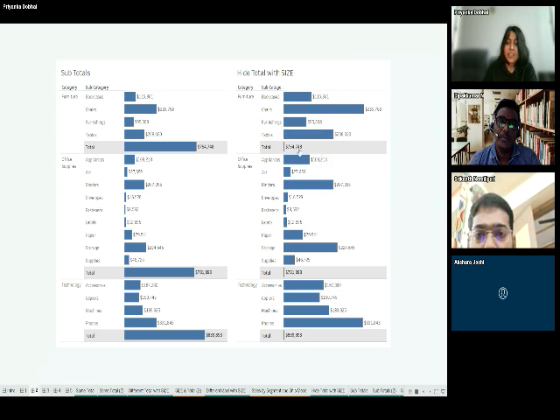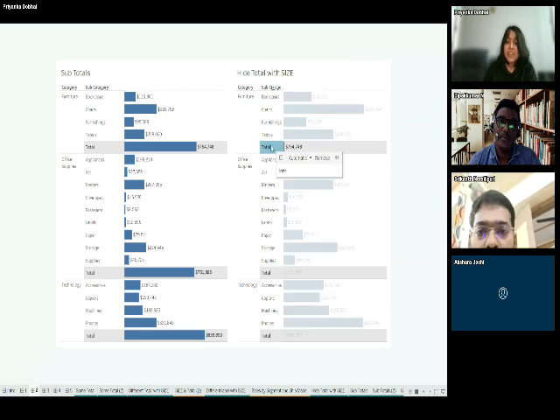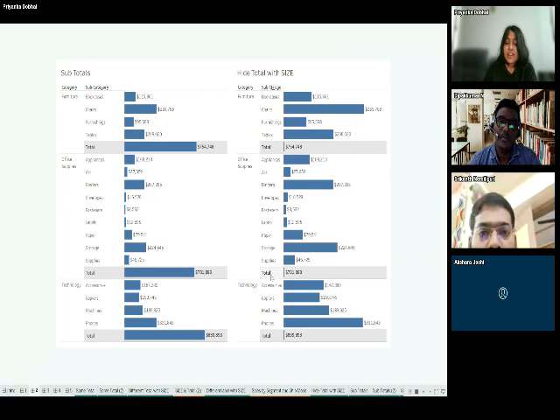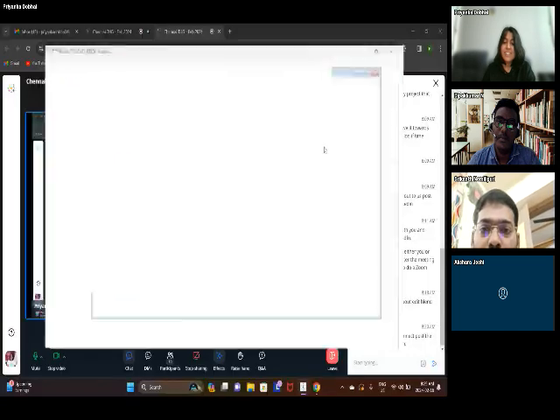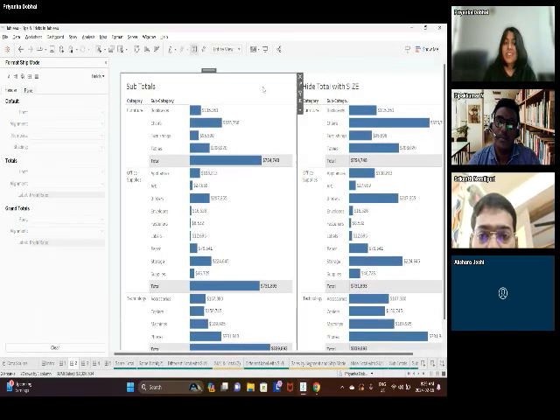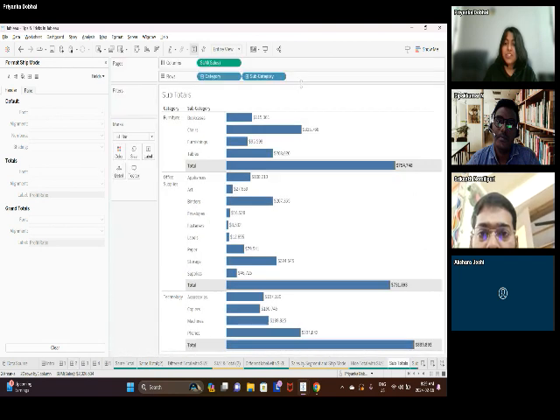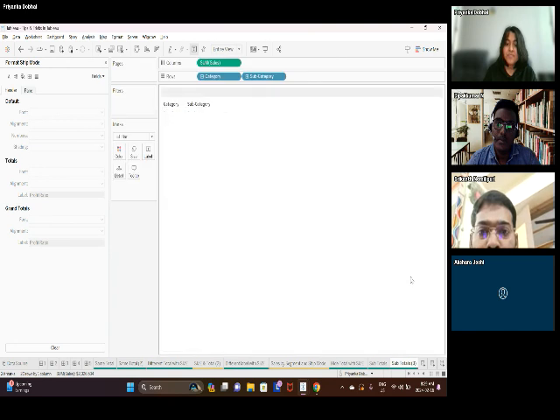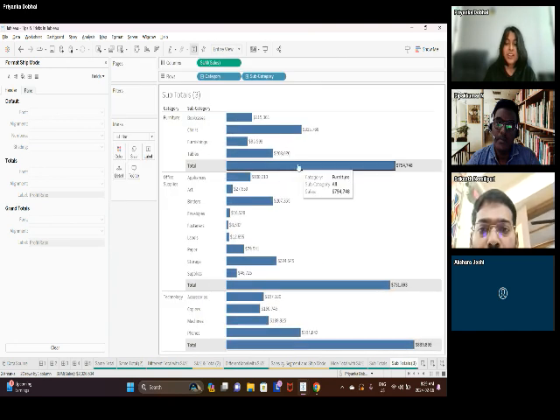So that's what we actually tackle in the second one. So you see the second one here. I have my total numbers, but I don't have the bar for them. The reason we remove the bar is because we want to focus on these bars, not the total bar. And again, here we're using the same trick. So I'll go back to the subtotal chart. I will replicate this again. And here I'll show you what we have done.